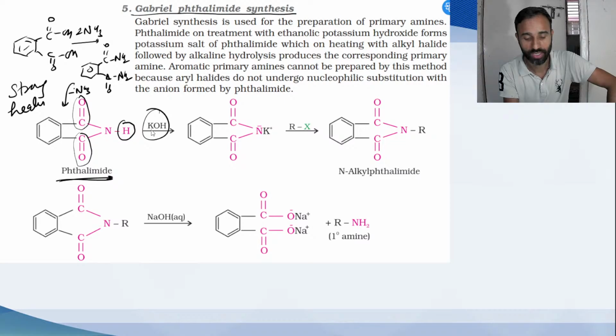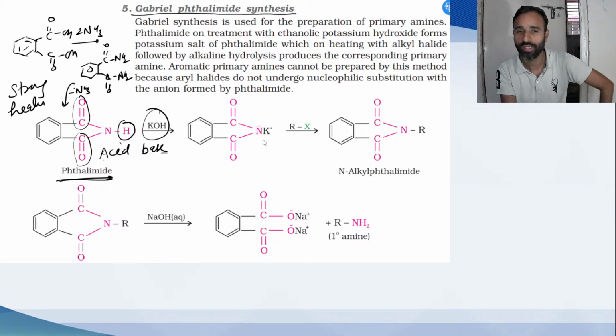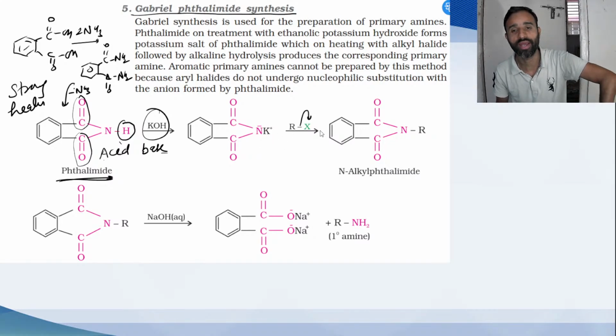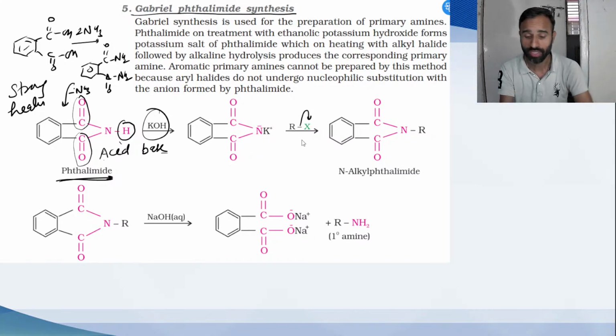Because an acid base reaction takes place, it acts as acid, KOH is a base, so we get salt and water, potassium phthalamide. On treating with alkyl halide, this C-X bond breaks, so N is attached to R, N-alkyl phthalamide. That's why this reaction cannot be given by